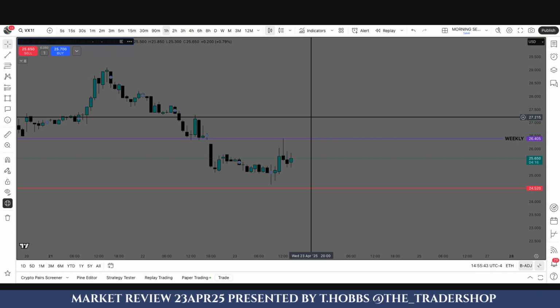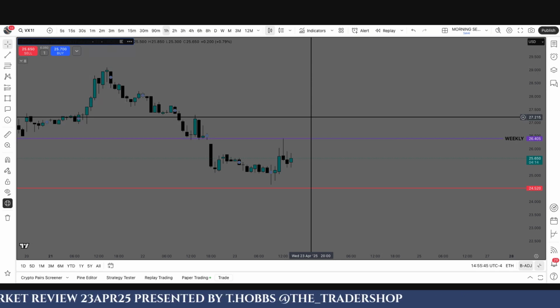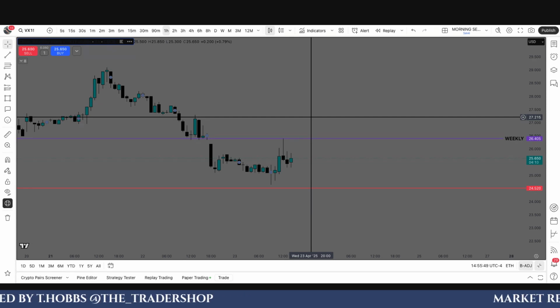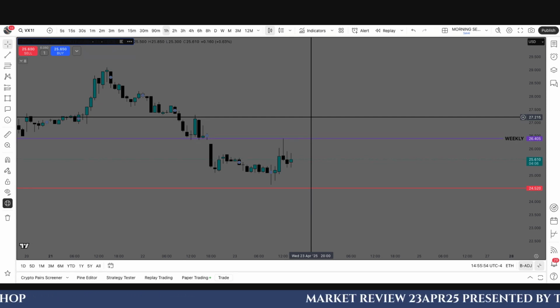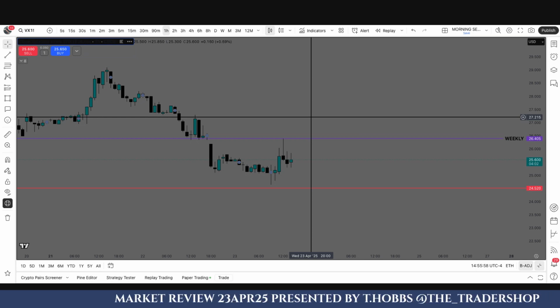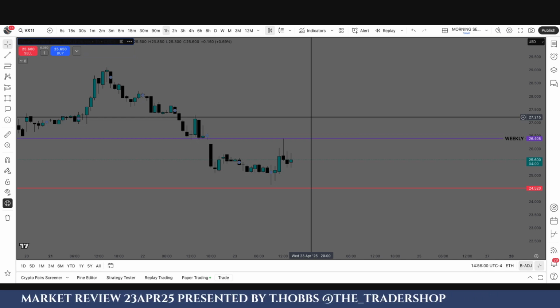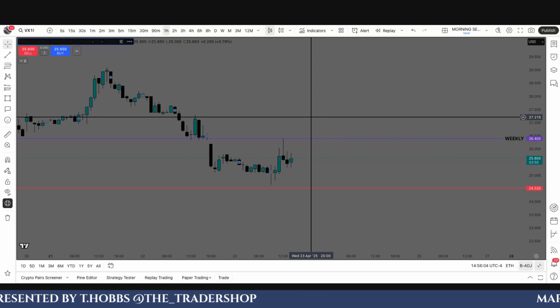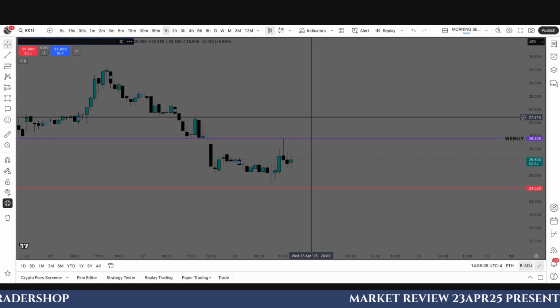Let me explain what direct means. That means that if the option chain is bearish, the VIX will be bullish. If the option chain is more bullish, then the VIX will be bearish. That is a direct correlation. It will never change, right? That's why they call it the fear and greed index, because options are a sign of fear and greed. If people are buying calls, they're greedy. If they're buying puts, they're in fear. That's why they call the VIX the fear and greed index.